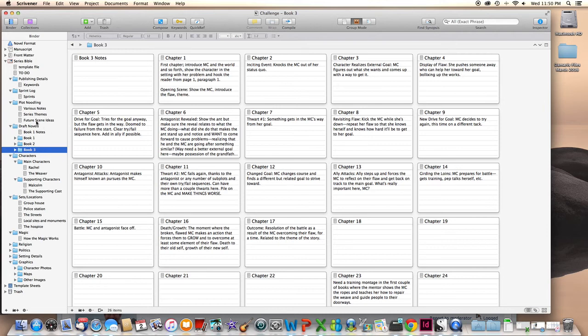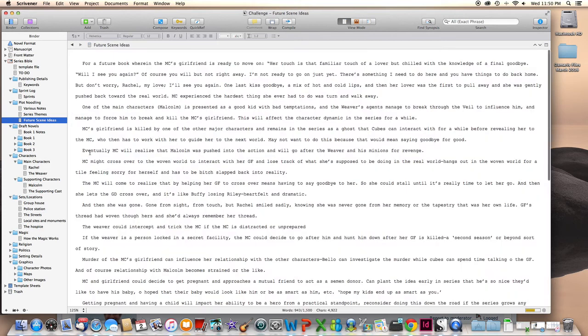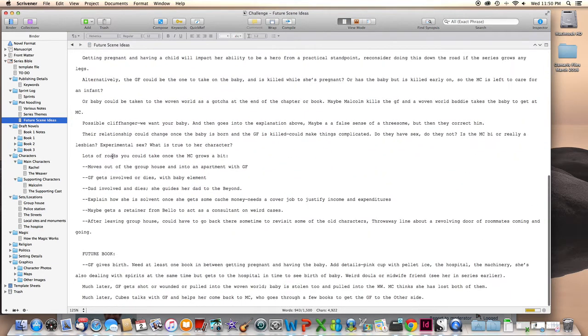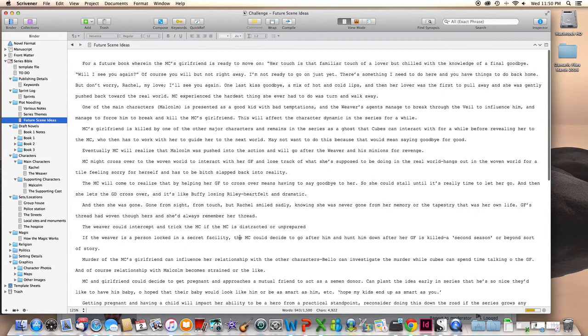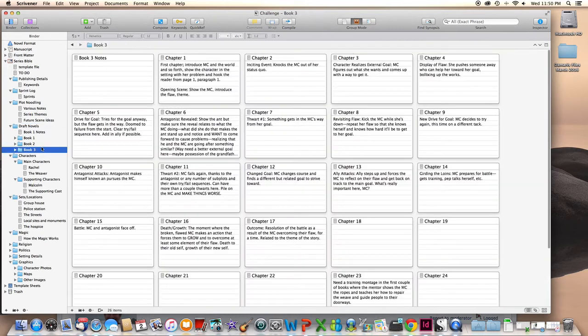I've got various notes, series themes. I got future scene ideas right here. This is just a huge document of random pieces of stuff that I'd like to see in later books, and I'm going to hold on to that